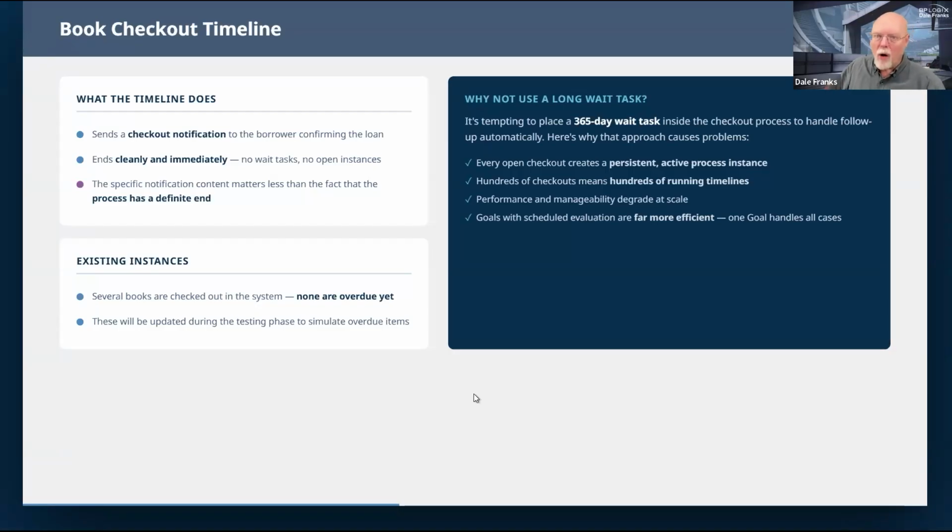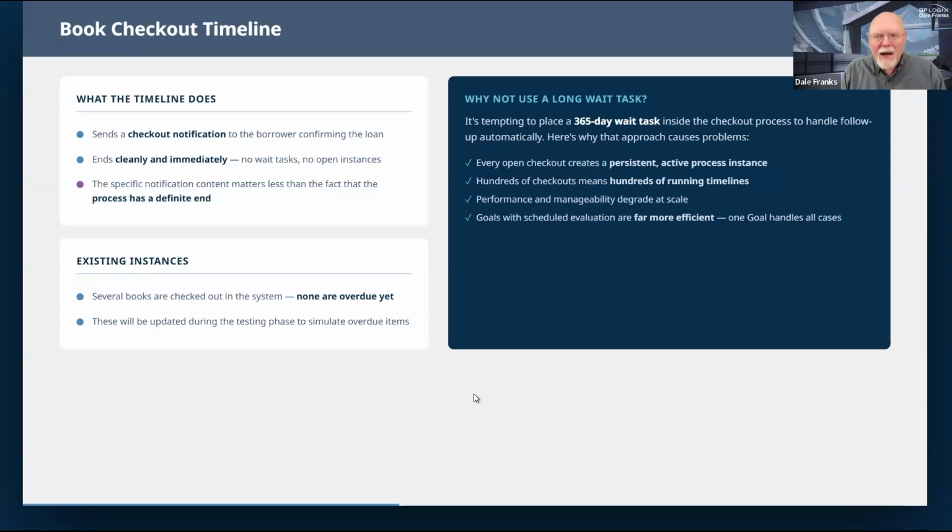At some point, a year later, we are going to have to invoke something again to run that book check-in, but that's fine. We already know what books are checked out. We can query that, and if we can query it, we can also derive what the due date is for it.